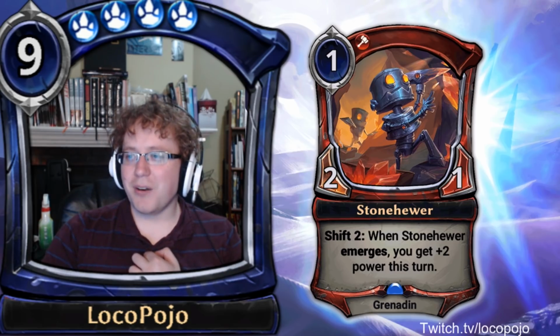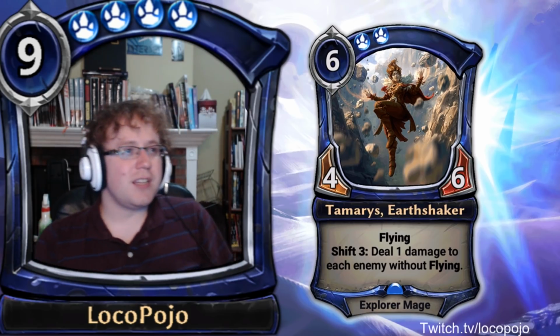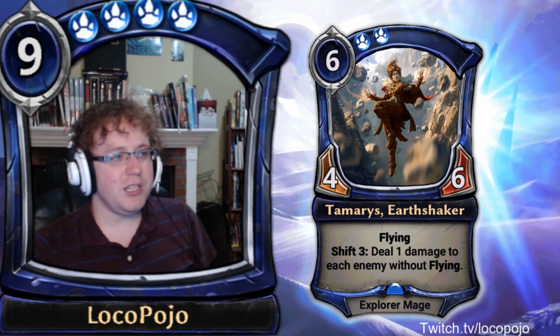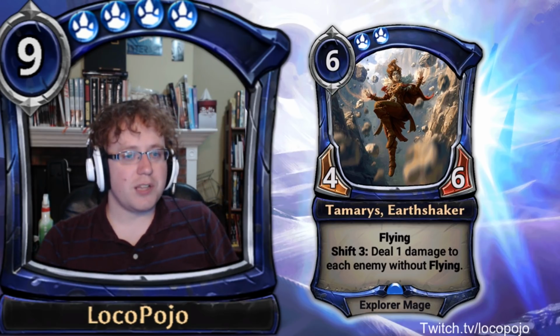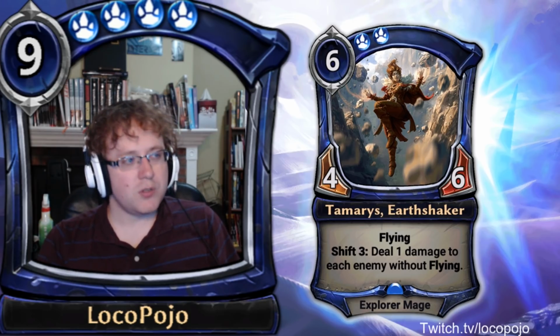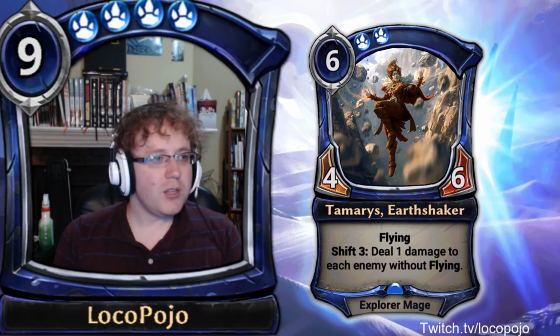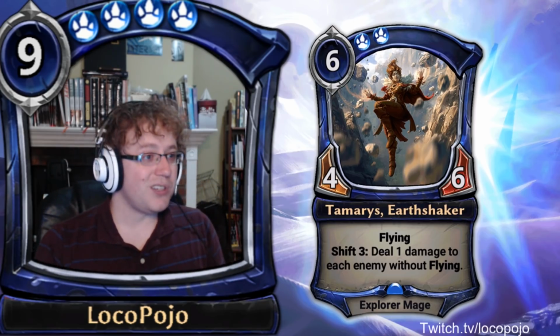Okay, Tameras Earthshaker. This card's really decent. It's a 4/6 flying. Shift 3, deal 1 damage to each enemy without flying. So it's basically got, as soon as you shift it, which is the cost of 3, you get yourself a Tameras later on in the game, but you also get to immediately kill all of the small units, you get to deal damage to sites, and you get to kill shifted units like the one that we just saw,